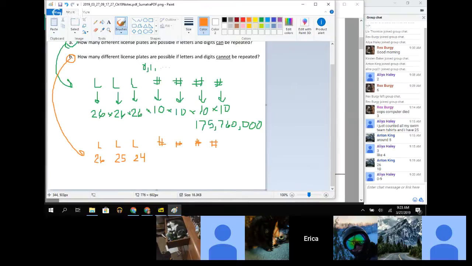Okay. And then our numbers, it's going to be something similar, right? We can't repeat our digits of our number. So the first number, we have all 10, 0 through 9 to pick from. And then our second number, we've already used up 1, so we only have 9 to choose from. Our next number, we have 8, and our next number, we have 7. Right? So if we multiply all those together,